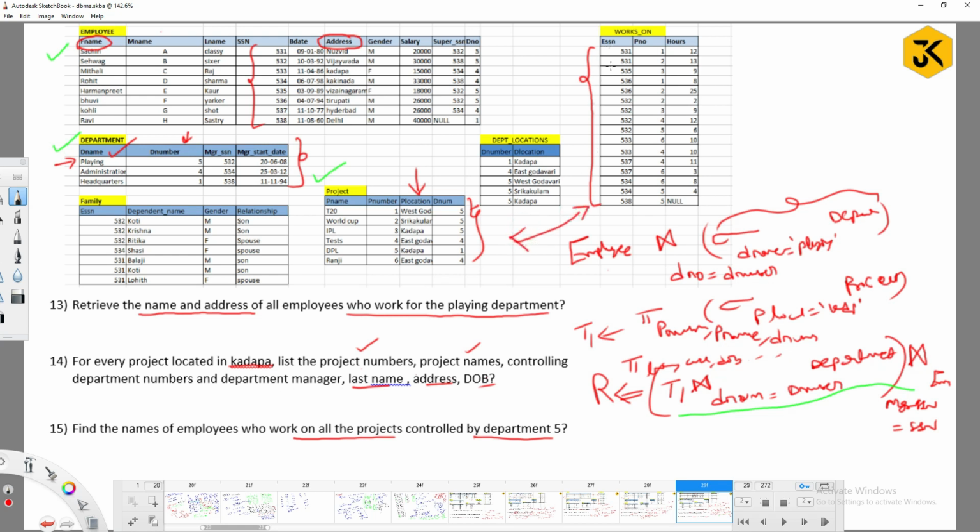So all the employees and their respective department numbers, but they are asking for the employees who are working on projects controlled by department 5. Here you have to think, right? The person who is working has to work in all projects. Is there any situation where you got this kind of thing?